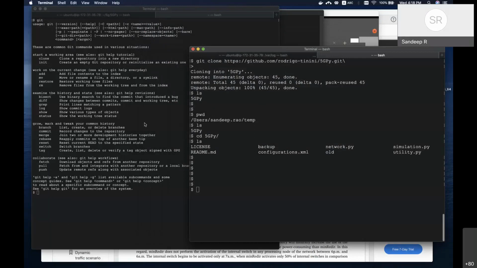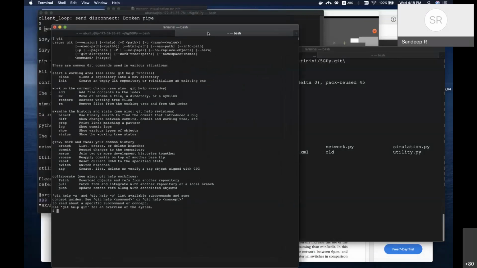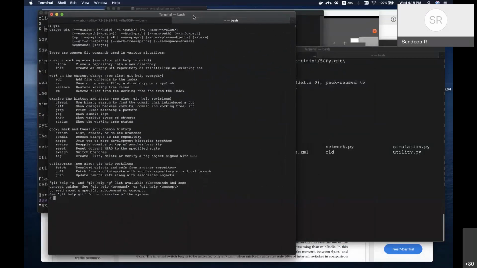Okay, anyone trying to do a git clone to get it to your laptop, this 5G-PY code? Okay, so maybe another one minute we'll wait, and after that we will get started.